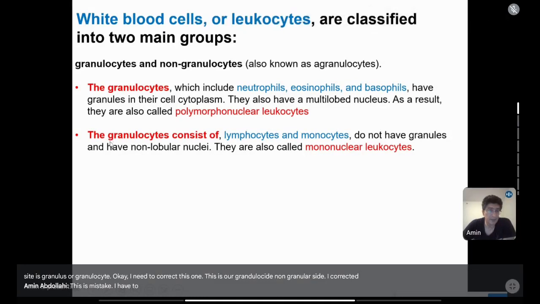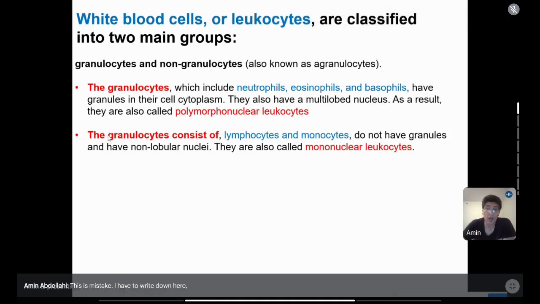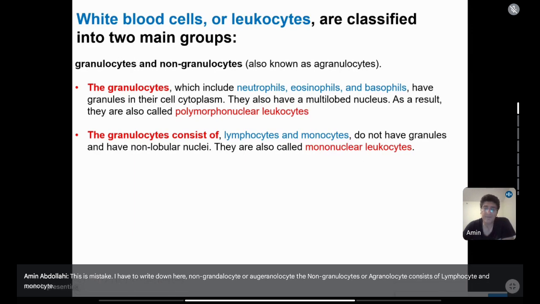I have to write down here non-granulocyte or agranulocyte. The non-granulocytes, or agranulocytes, consist of lymphocyte and monocyte. These types of leukocyte, or white blood cell, do not have granules. These types of leukocyte have non-lobular nuclei. They are also called